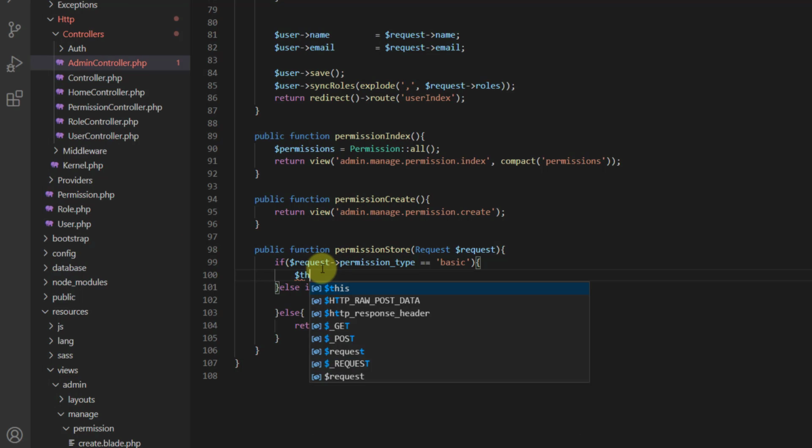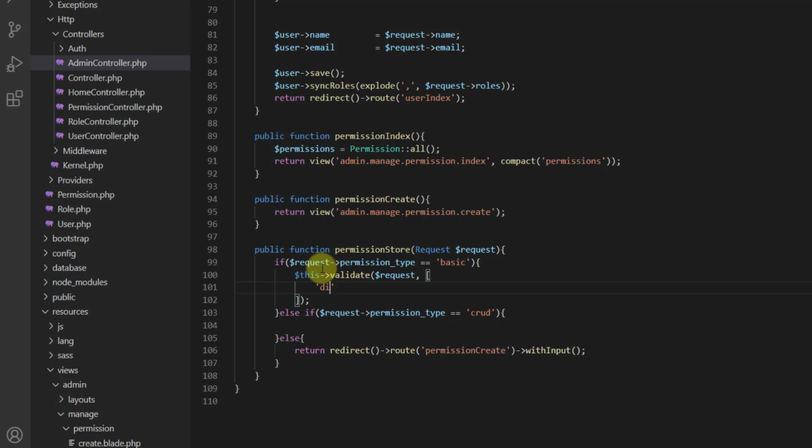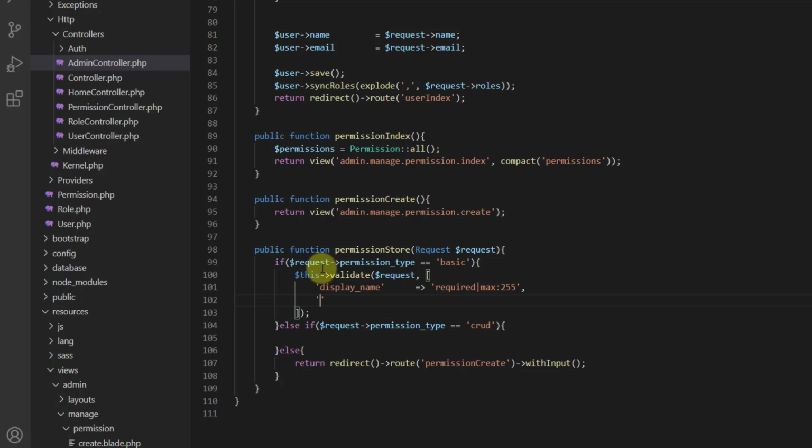So for that, I can say $this arrow validate, and we want to validate the request, and then declare our array, and inside this array, the first value is display_name, and it should be required, pipe max length should be 255, comma, and the next one I want is name, so it should be required because it is the slug, so I also want to give the max value of 255, and I also want to say alpha_dash